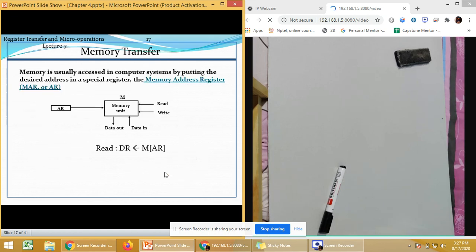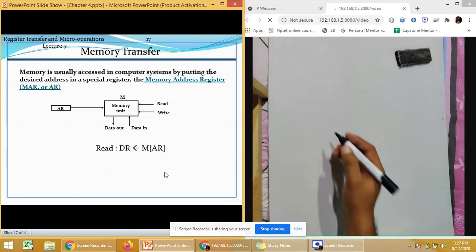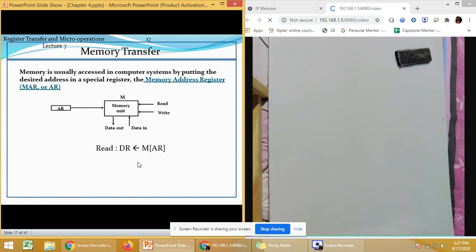Okay, so now let us move to the next topic, that is memory transfer. So how is the data transferred from different locations to memory? We have a memory unit. We have read and write lines, which are known as control lines. We have data in and data out lines.